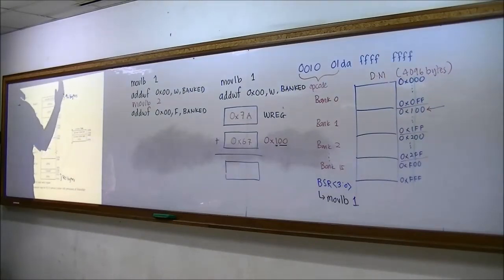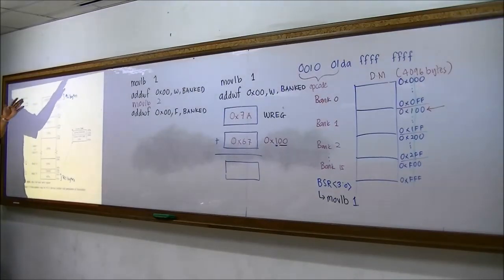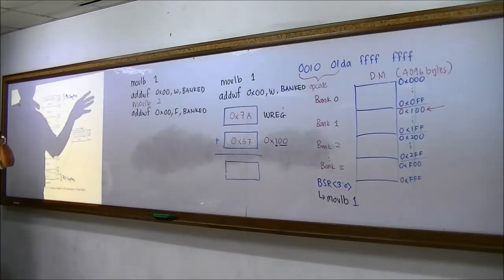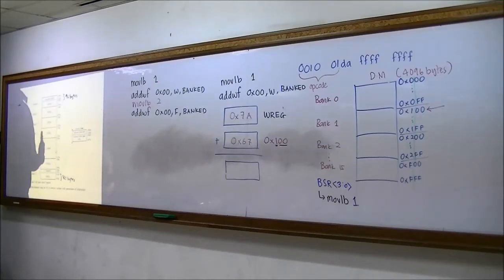Then they got happy, no problem about it. But then they found out that you need bank switching if you want to access into different banks. So they thought that actually causes overhead and also may cause program errors. So this is a hassle. So they came up with access bank. They actually created access bank. So how is access bank created?